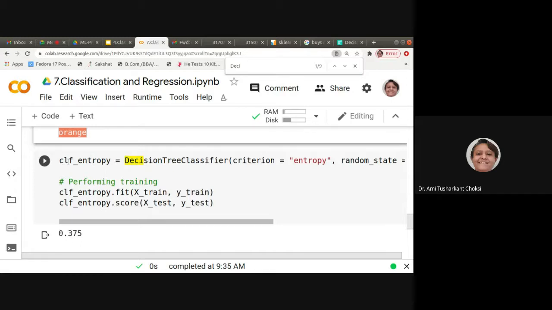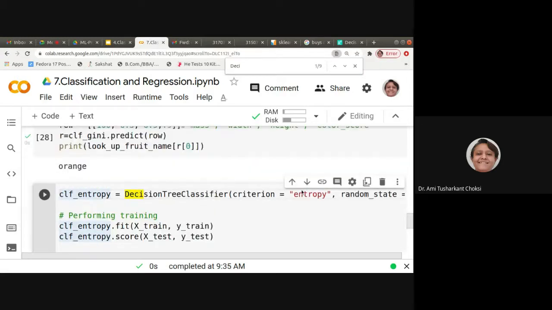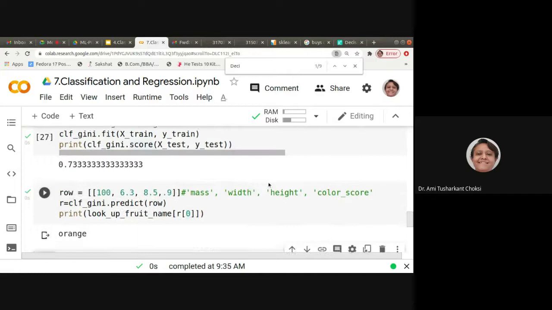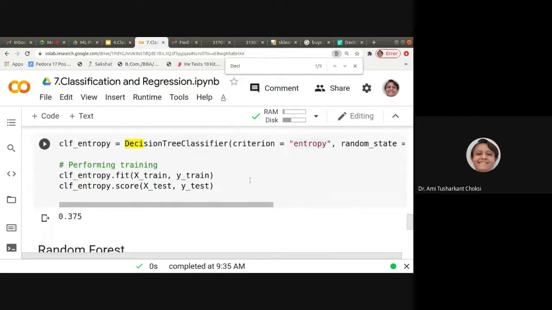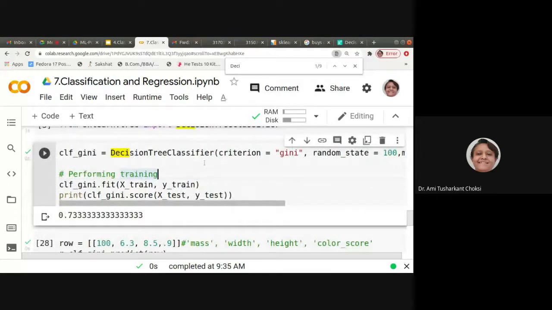Now here, we have the other algorithm, that is for entropy. For decision tree, I told you that two algorithms are there. One is using information gain or entropy. The second one is the Gini index, right? The second algorithm is typically said to be the C4.5 algorithm, sorry, not C4.5. We can say it is the CART algorithm.